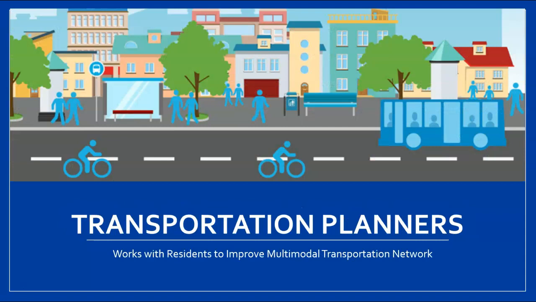Transportation planners. So this is what I do. I am a transportation planner. We work with residents and cities to help improve our transportation system. So that's meaning pedestrian facilities, bike facilities, transit, your vehicle, the safety of your corridor. So either we're looking at where high crashes are at, or we're making sure that pedestrians, bicyclists can easily access a road, safely access the road. So let's say there's a bus stop right here, like in this image. There's no way for these people to cross the road. So how do we get them from one side to the other? Just like the chicken, right?